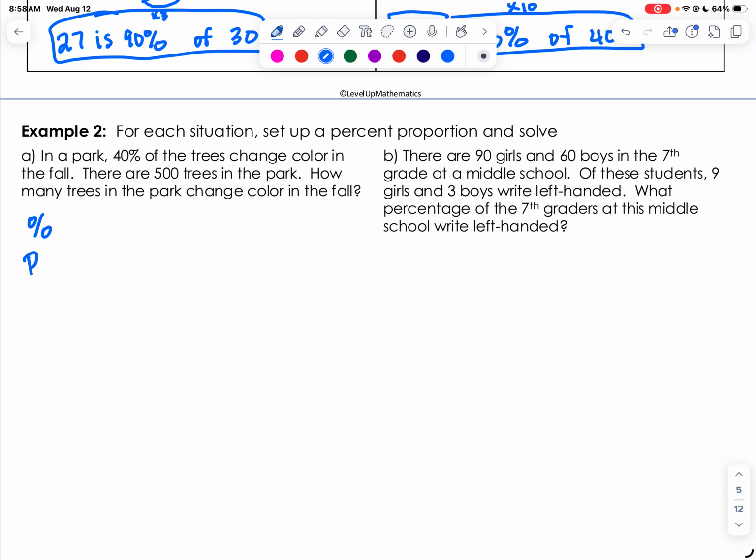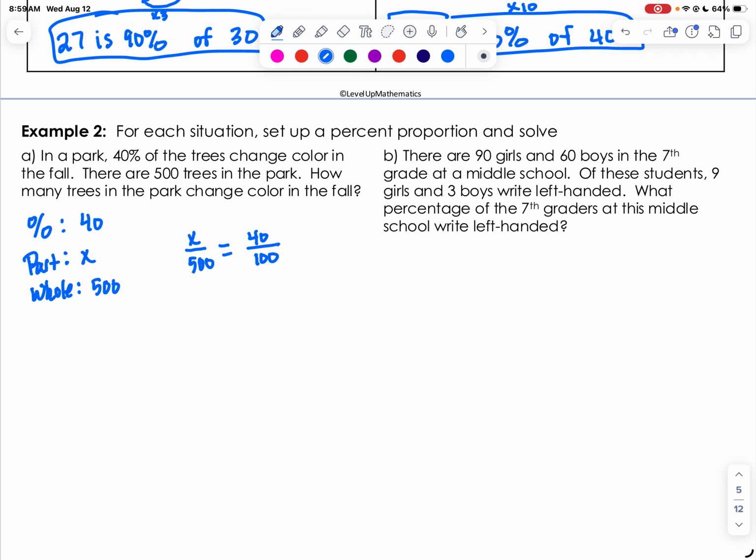So I want to identify percent, part, whole. So we know our percent is 40, all right? The only other information we've been given here is the 500. There are 500 trees. So that's the total number of trees, so that means that's our whole. We want to know, of the 500, how many change color. So we don't know the part. So we'll say x over 500 is equal to 40